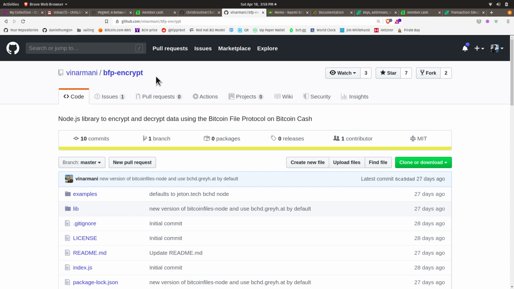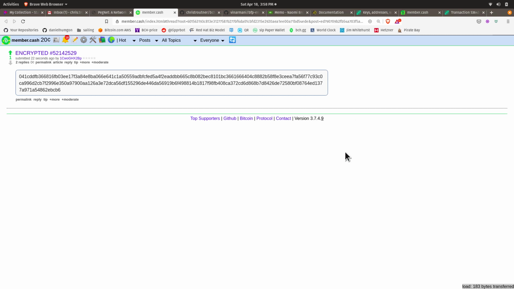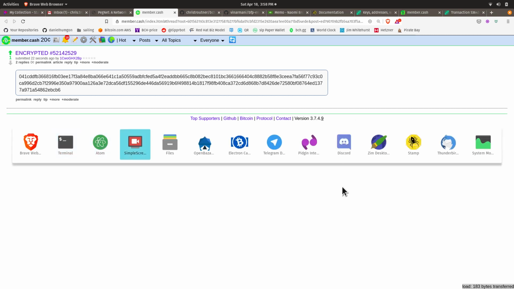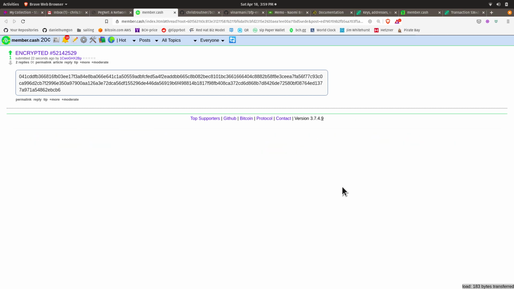So I reverse engineered his app and pulled out the encryption libraries that he's using, and so I'm essentially doing the same thing that he's doing, just with a different on-chain protocol. And I think it'll be a little more useful in the context of a social media site like memo.cash and member.cash. Okay, so that's where I'm at, and I was stoked to share it with everybody.